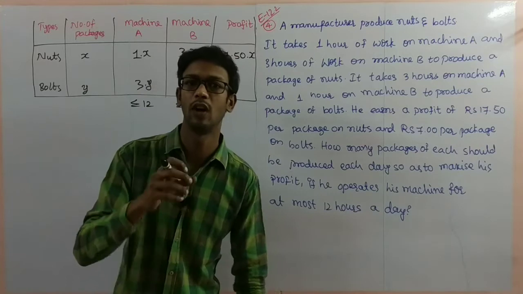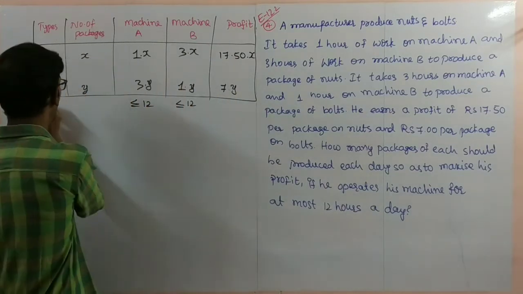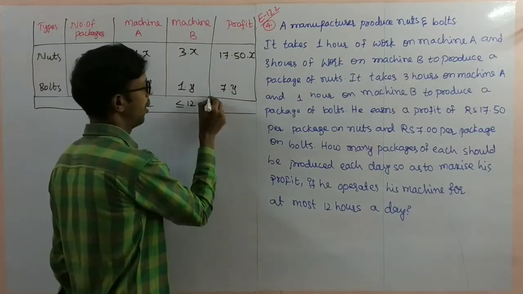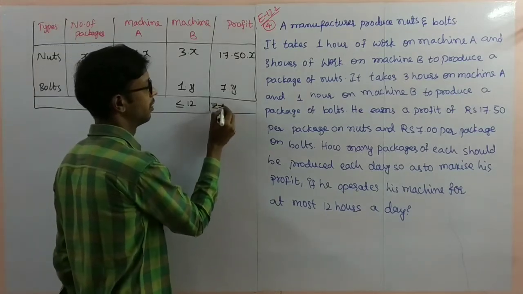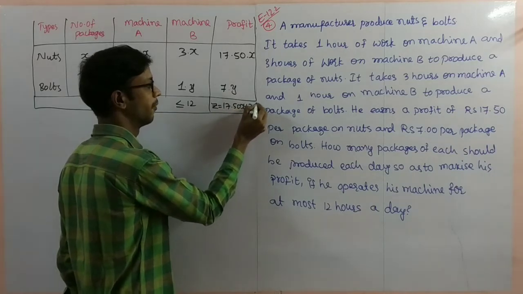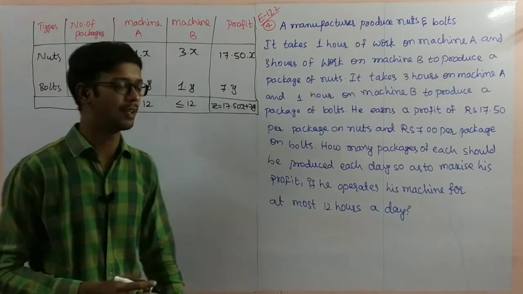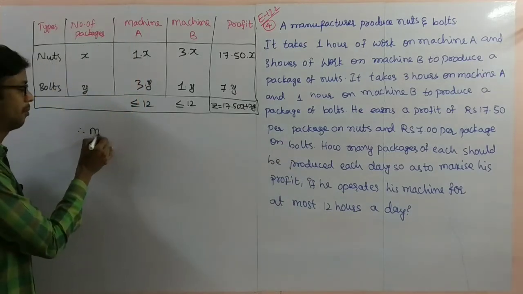You can run the 12 hours on machine A and machine B. Total 2 machines, same to same here. Next, profit. Total profit we need. Total profit is 17.50x plus 7y. That is the total profit. Total profit should be maximum. Therefore, maximize